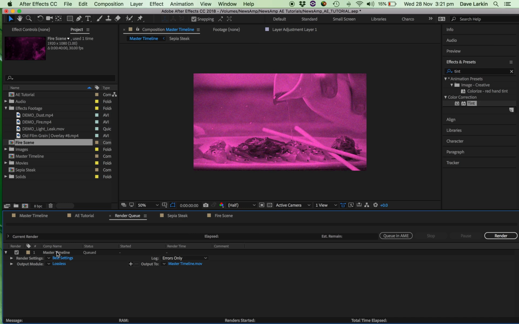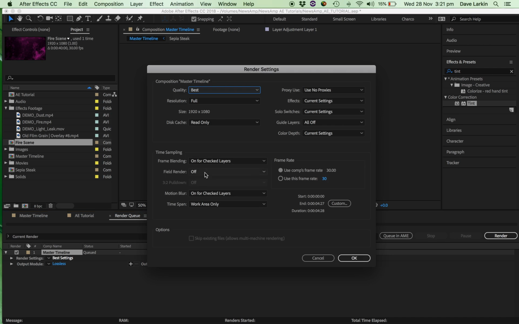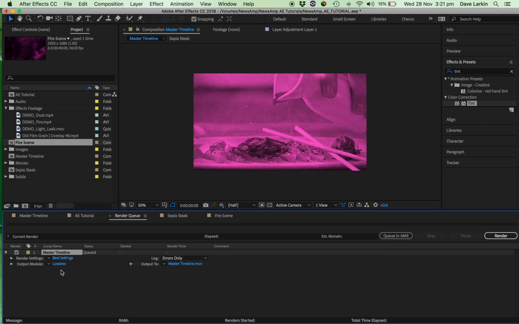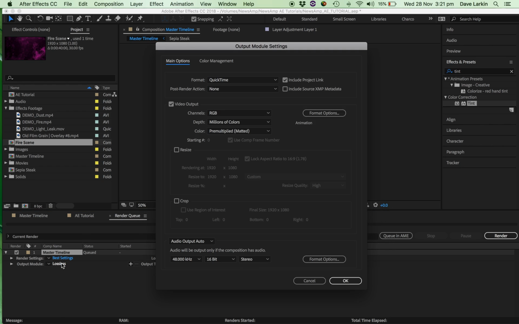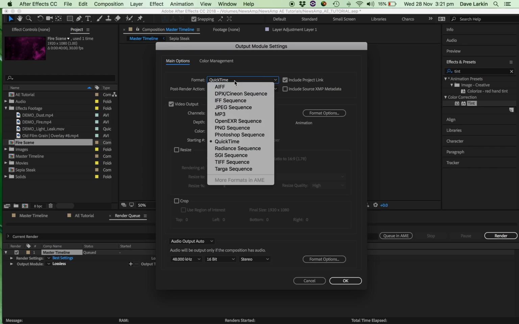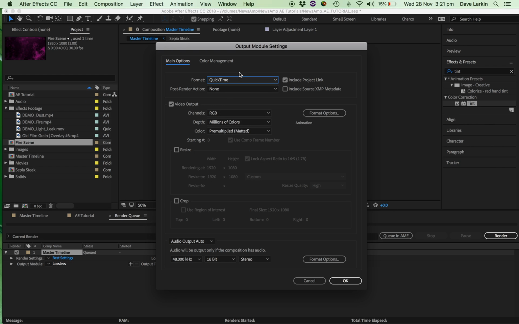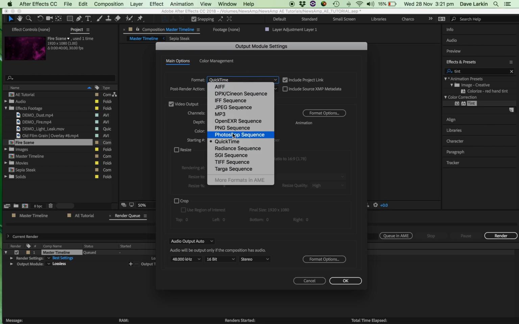So there's our master timeline project in the window there. Look in the best settings. Everything should just be stock standard of what you've already set up in your original project file, so no need to really worry about best settings. Your output module. Now, you might have a certain way you need to export this. Someone might have asked for it in a particular way to be supplied, but 9 times out of 10 you're going to export this as a QuickTime file,